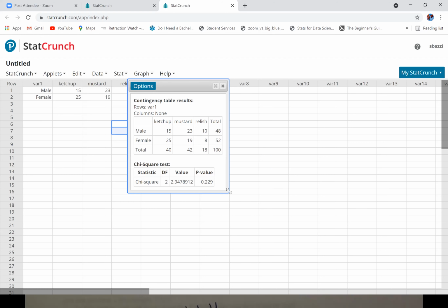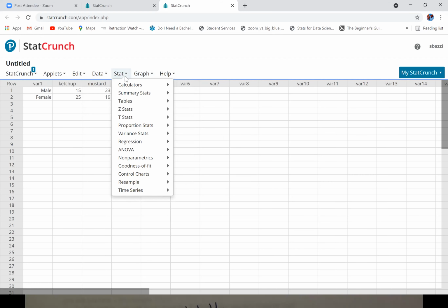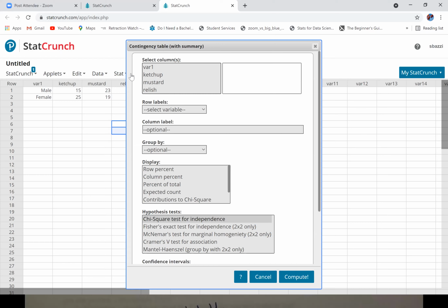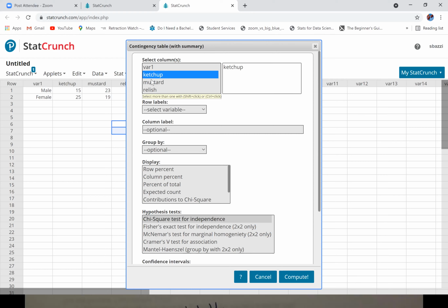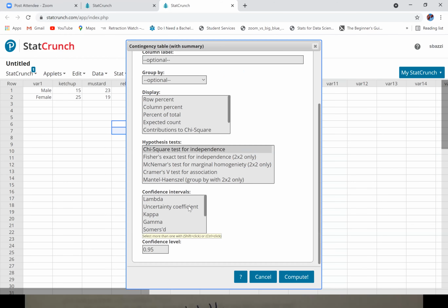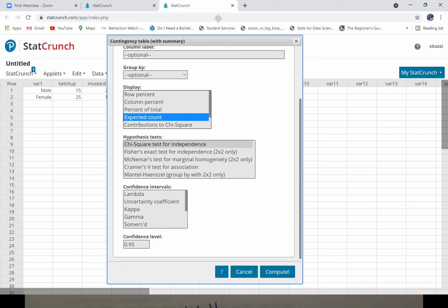And now, if you want to see the expected values, let me show you that StatCrunch can display the expected values as well. Watch. Go to Stat, Tables, Contingency, with Summary, Columns. The columns, I have 3 columns, so let me select them again. Ketchup. Press the Control key to select the 3 together. Row label is variable 1. Okay, here, hypothesis test. And we need the expected values. Okay, the expected count, I'm gonna select it here. And now it's gonna display it. Watch, guys. And now if I go hit compute,